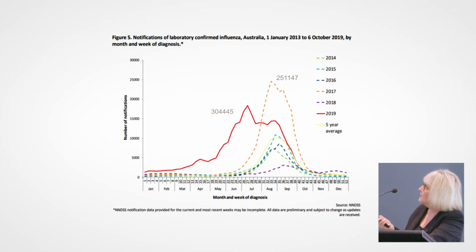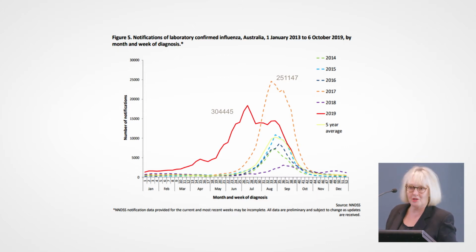whereas in 2017, which was our previous bad year, we had fewer cases, but it was a more concentrated peak of cases. So it's hard to decide whether you get more worn out by that really busy, short, sharp peak, or whether you get more worn out by seeing flu patients day in, day out for 9 months of the year. But every flu season's different, as you can see, but most of them do have a peak around September, and most of them do start around June, July. Last year was different, who knows what this year will be.